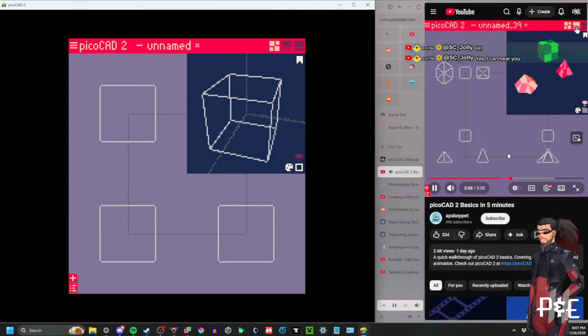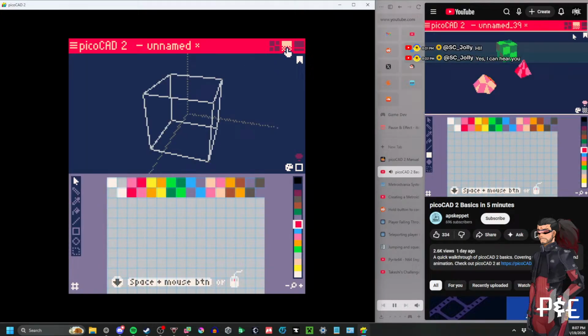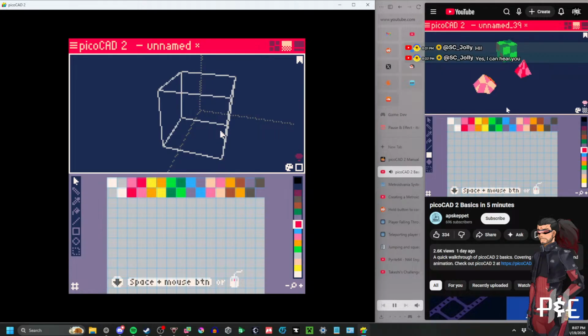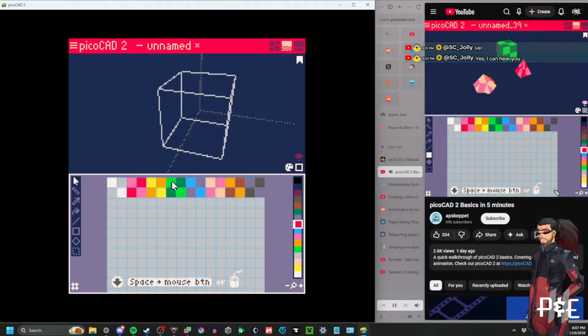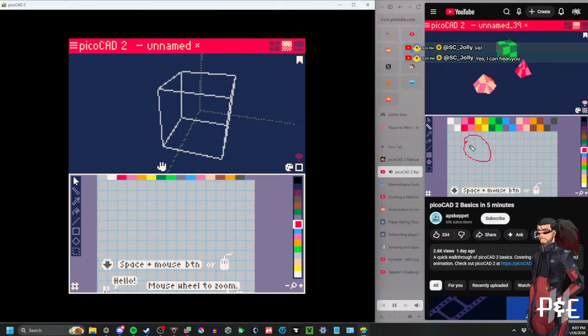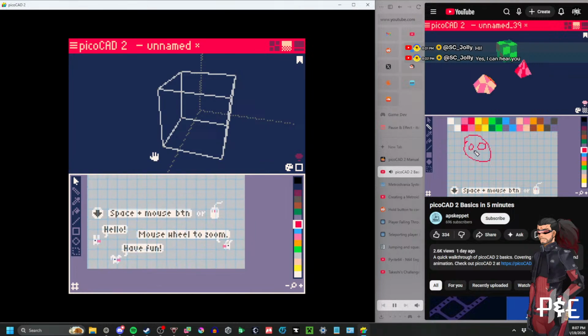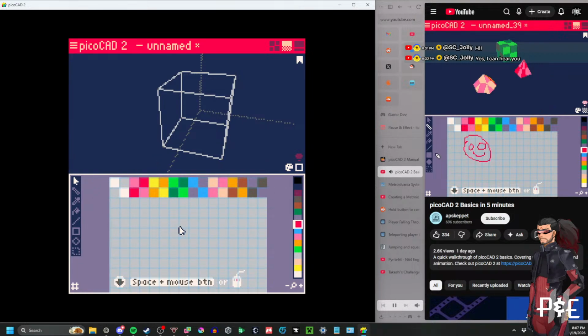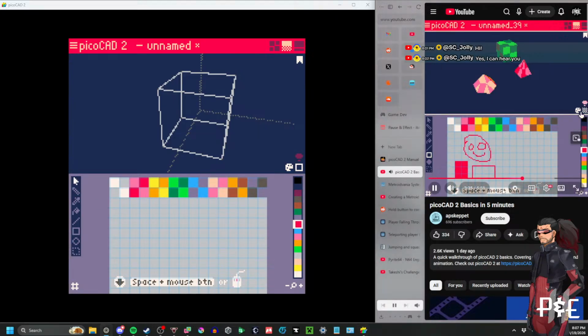Let's take a look at the texture mode. PicoCAD 2 gives you a single texture at 128 by 128 pixels and 16 colors to work with. The texture mode has a fully featured pixel art editor, so you can draw your textures straight onto your faces in real time. The rectangle and circle tools have two states, so you can also make filled shapes. If you want to change the palette,